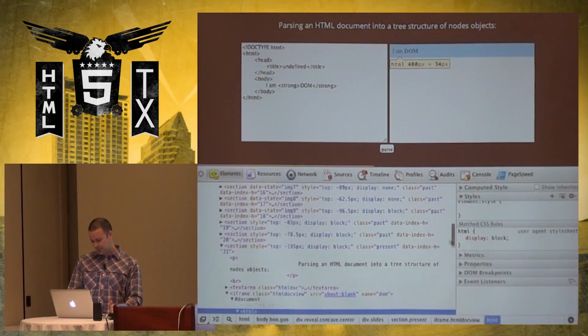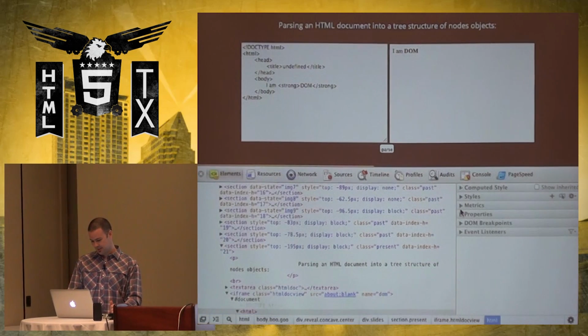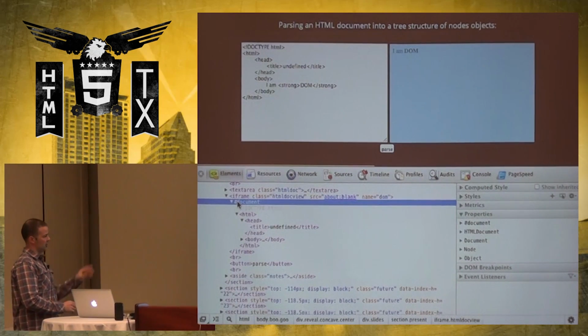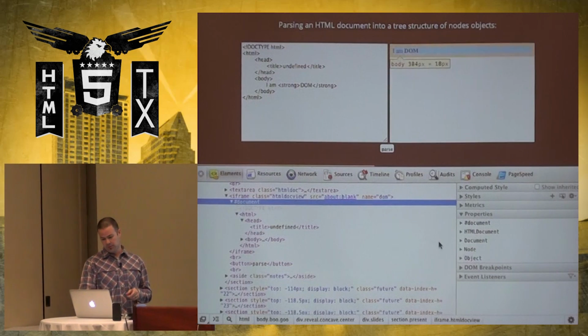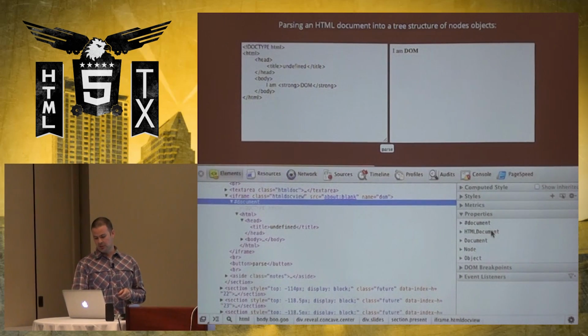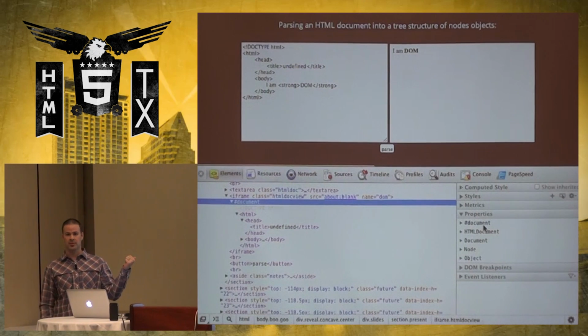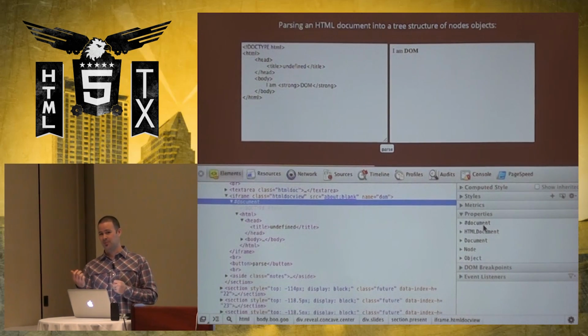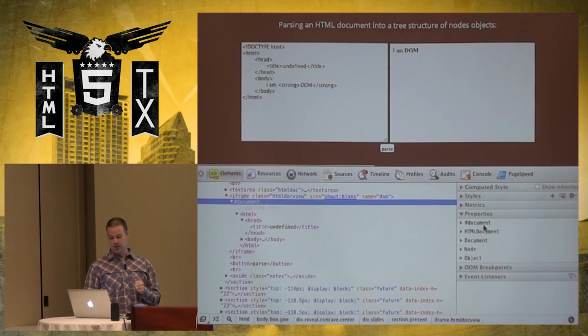My favorite part of the development tools was when I discovered that if I select a node out of the DOM tree, and here I'm selecting the document, and I look over into this properties pane, this is actually telling me all the methods and properties that are available on this document node. So has anybody tried to read DOM specifications or find DOM API guides? It's next to non-existent, right? I mean, Mozilla provides a little bit of this, but in order to find the methods and properties that are available to DOM nodes, all we have to do is select it out of the tree and look through this